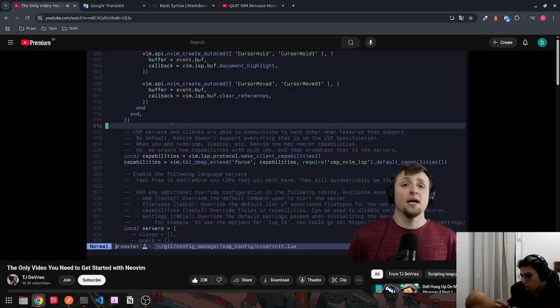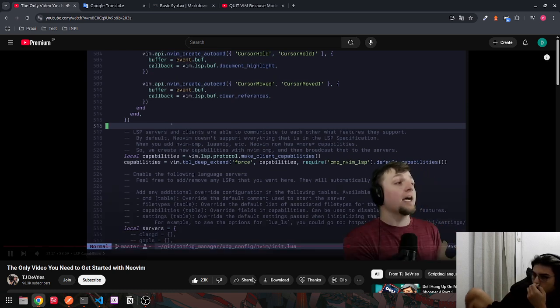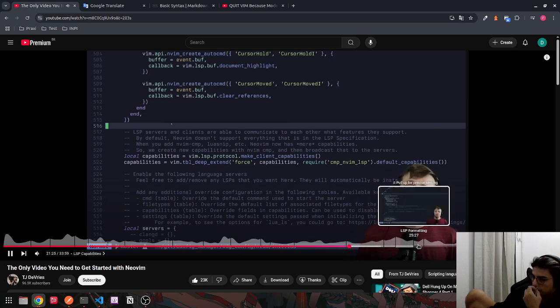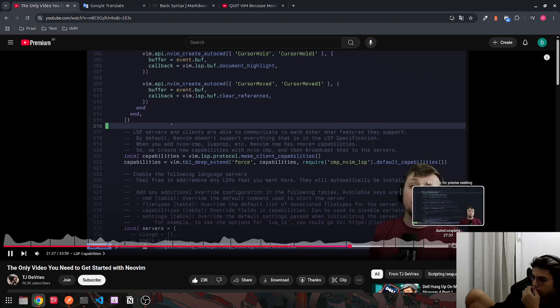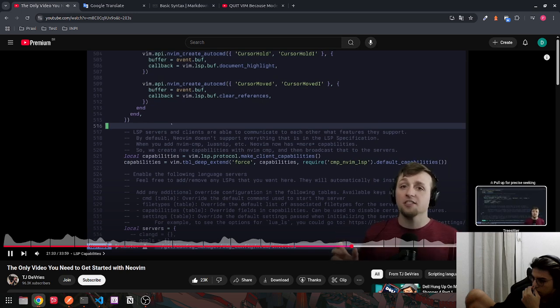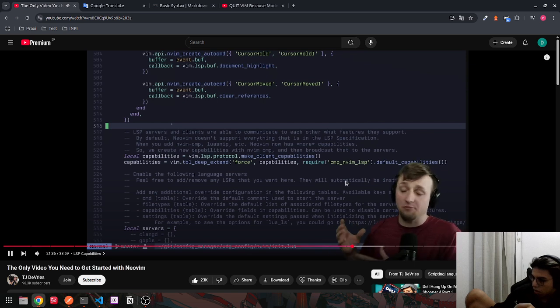So what we've done up until now is we've told NeoVim, hey NeoVim, here's the things I want to be able to do with my LSP. But now we also need to tell NeoVim, hey NeoVim, here's how you start, execute, and control LSPs. Because remember, LSPs are actually sort of things that live outside of NeoVim. There's some